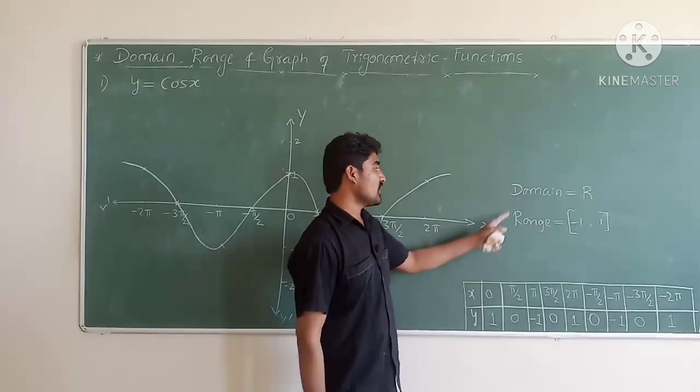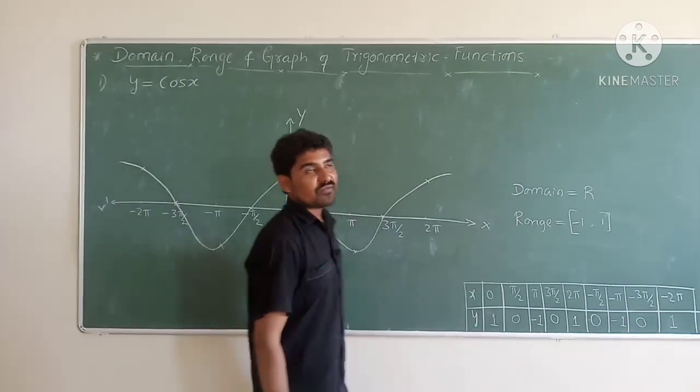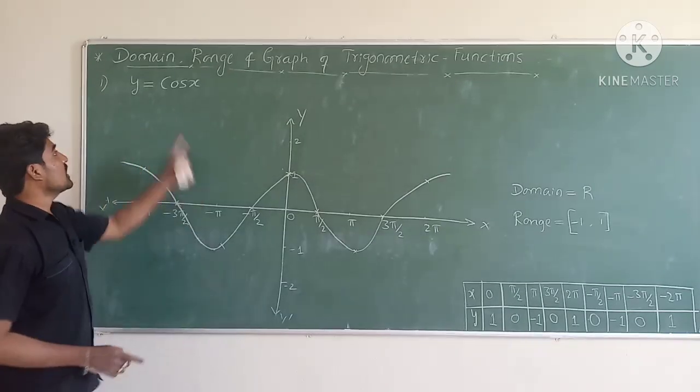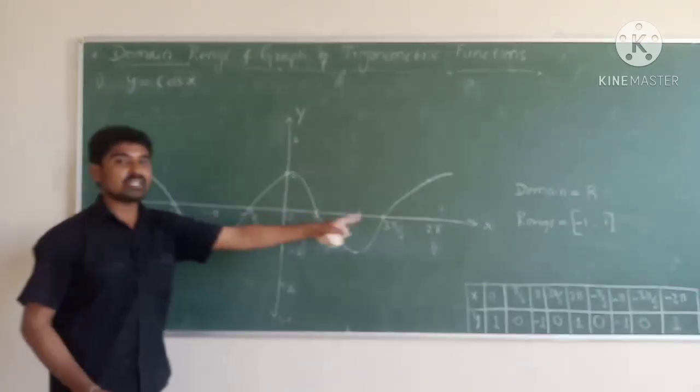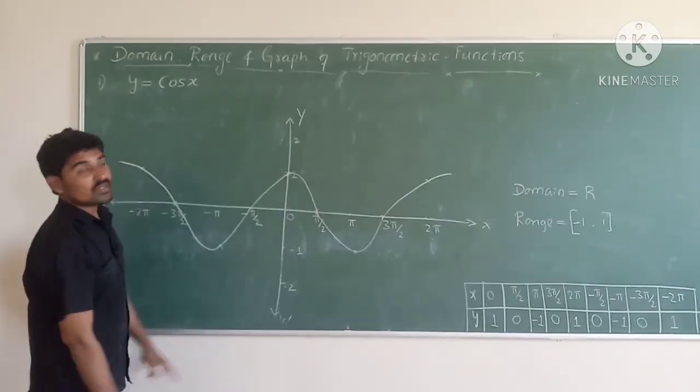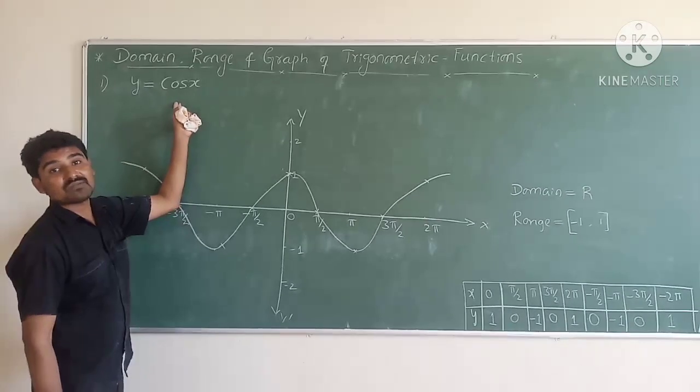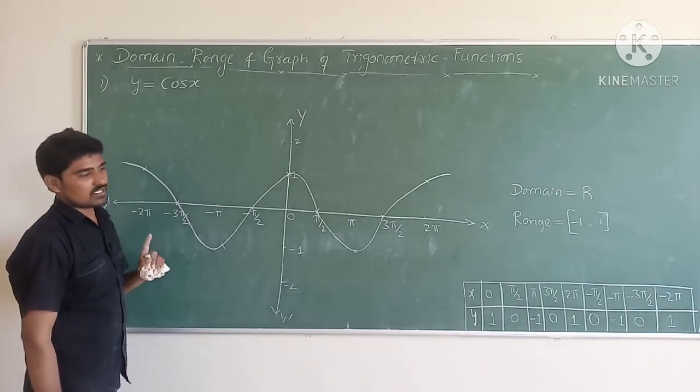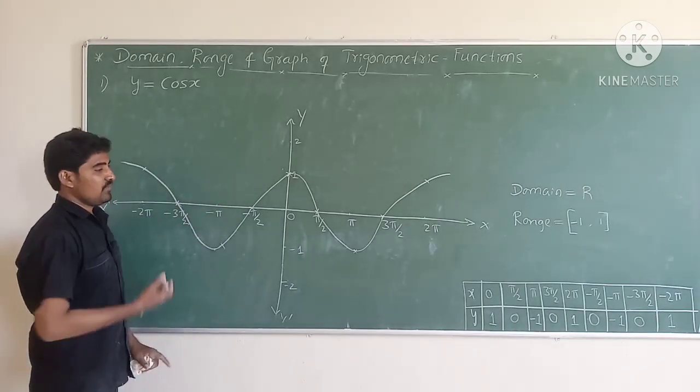So you may observe here, the domain and range of the function y equals sin x and y equals cos x. The graph of the given function y equals cos x is different from y equals sin x. I hope all of you understood. If possible, take a